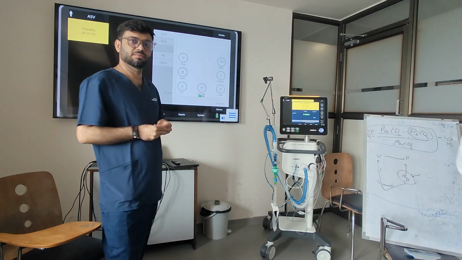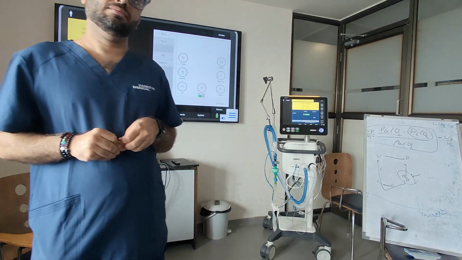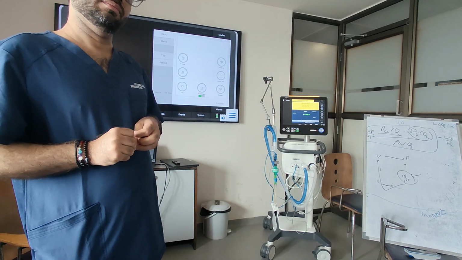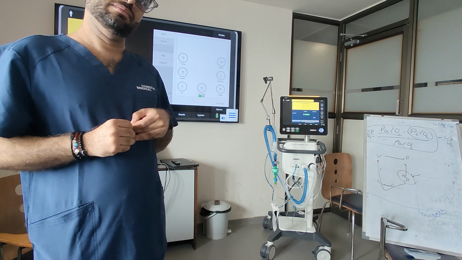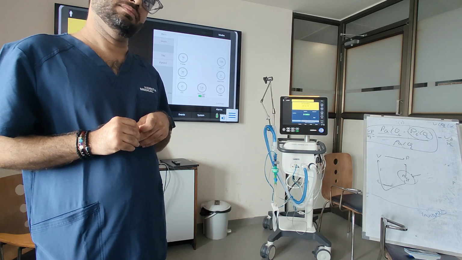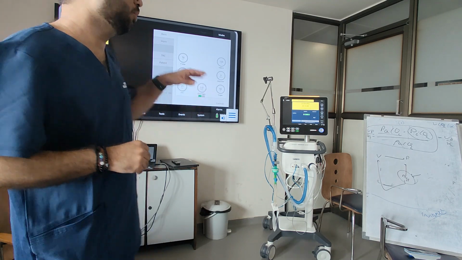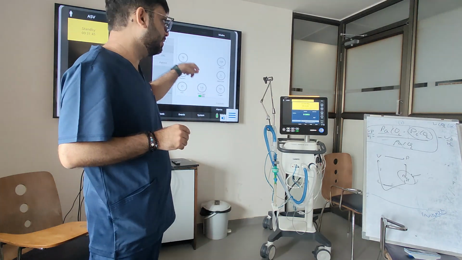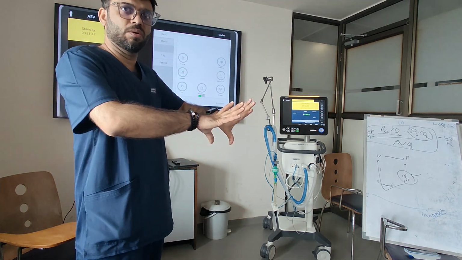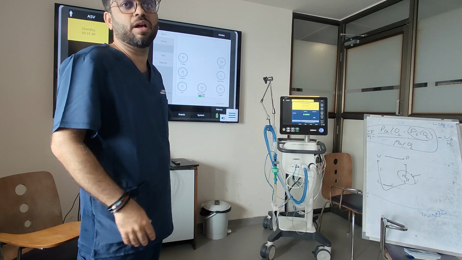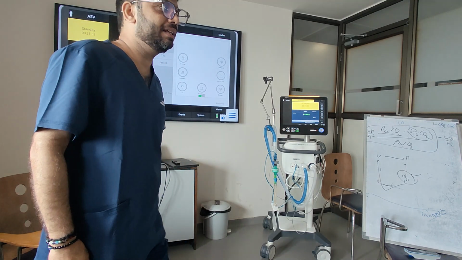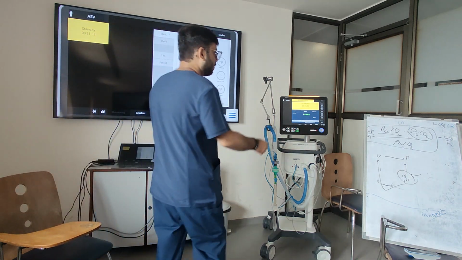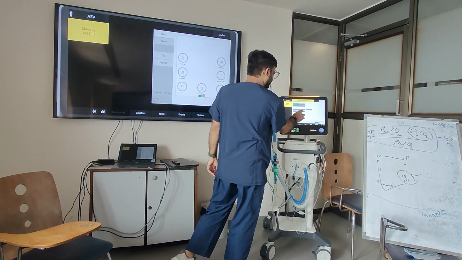One question. If I want to increase the volume, and I have already set the ventilator with the prescribed height and all that, can we go back and change the height again? Yes, you can go into the controls while the machine is on, and you can reset your height. But ideally, you should not do that, because in this option of the ASV,